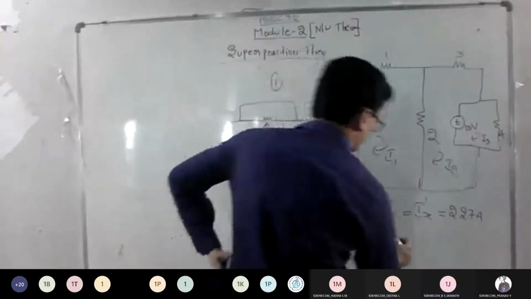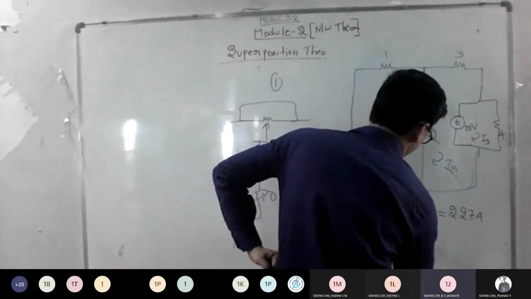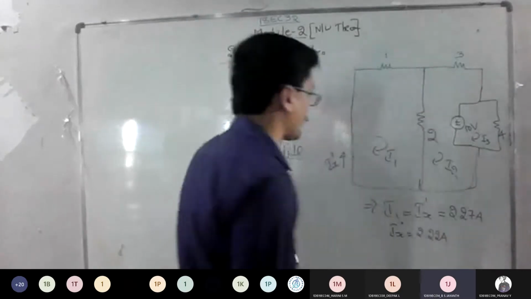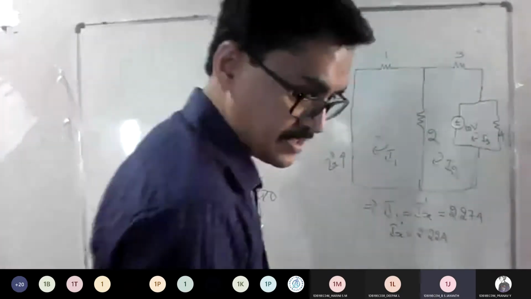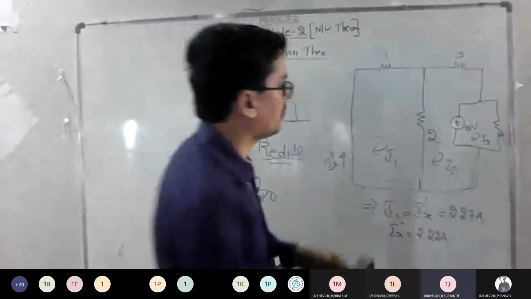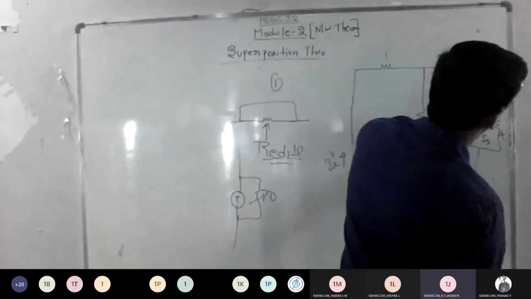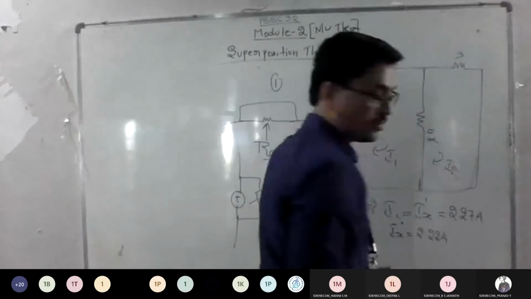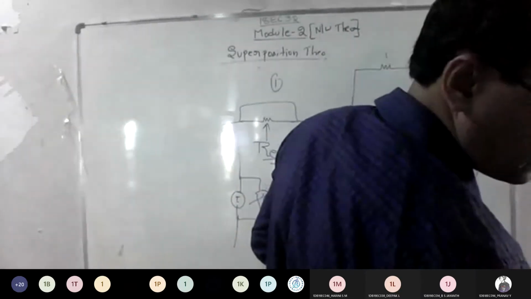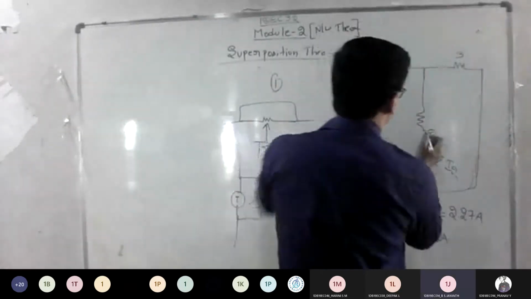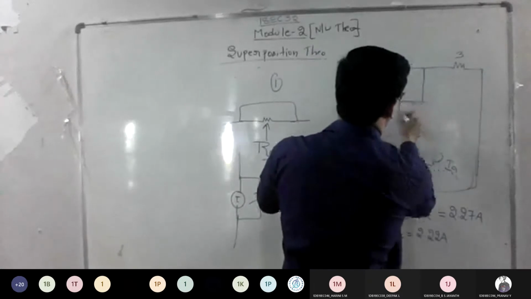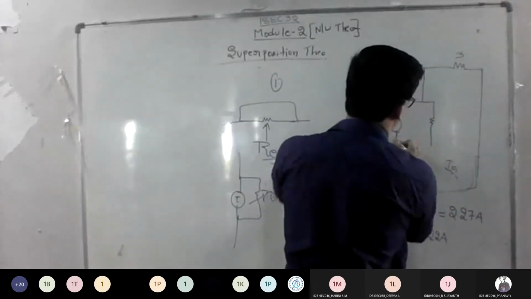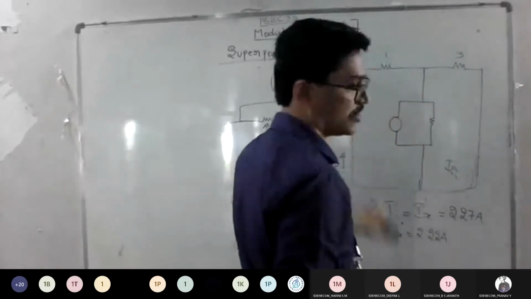Sir, we get 2.22, sir. Okay, so I can write Ix double dash as 2.22 amperes now. Okay, so last, case number 3, short the voltage source. Again, same concept. This goes off. I think the current source is there, right? So the current source is here and the resistor is here. So the 6 ohm is already gone. This is how it looks.